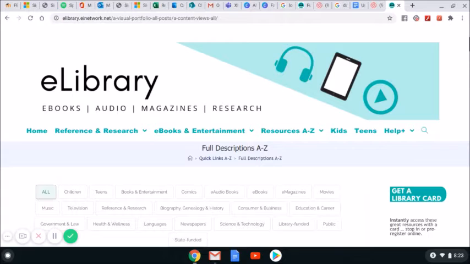You can think of databases like online libraries. There is selected content that has been made easy to find. You will find electronic versions of encyclopedias, books, magazine articles, newspaper articles, photographs. Sometimes you will find videos. So it's a nice wide variety of content that is all electronic, so it's easy to find online and easy